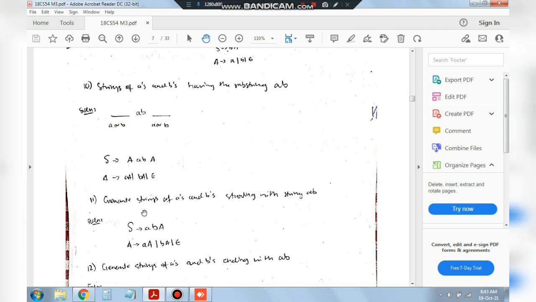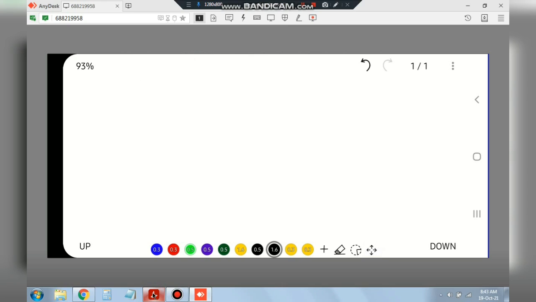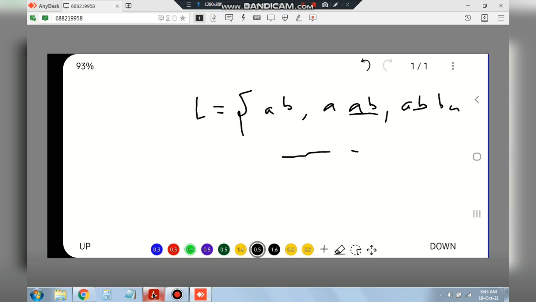Substring AB means what are the possible languages. The possible languages will contain AB in the string for sure, and I can have anything after that. What is the least string? AB, and I can have A or B before or after, like this is the ending AB, and I can have it in the starting also, ending with BA or something like that. Okay, so this is the language which you have, and the least string is AB.